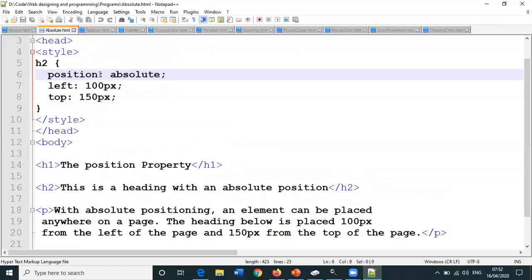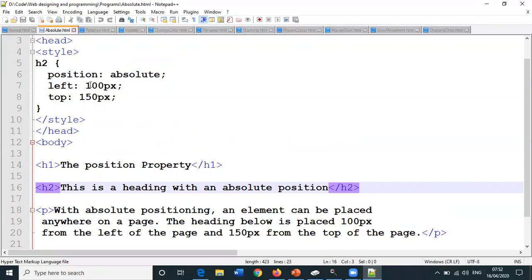When we introduce a position attribute, this attribute can take different values. There is absolute, you can have static, you can have relative, you can have fixed. What this defines is how will be the positioning of the H2 tag with reference to the screen.